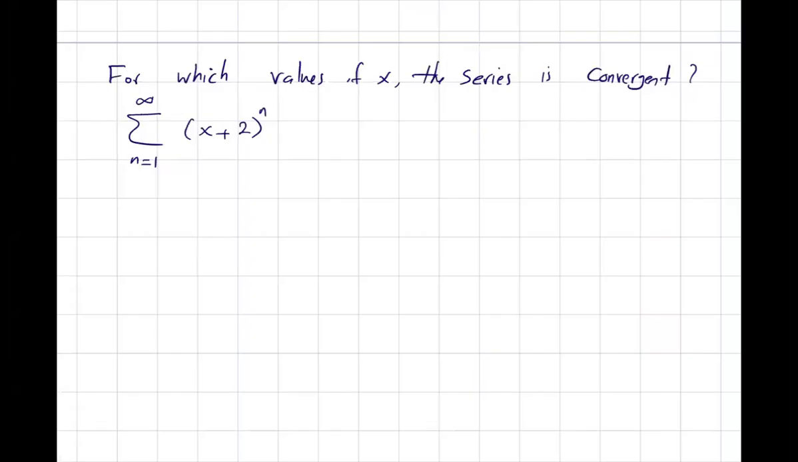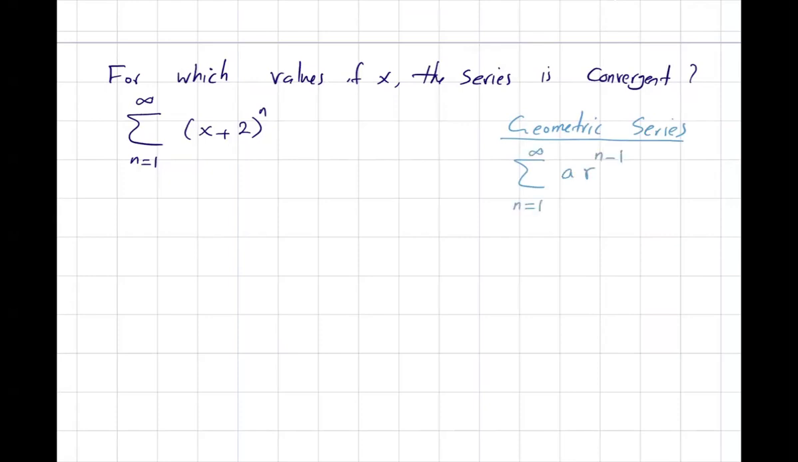For which values of x is the series convergent? You have the summation of (x + 2) to the power n. Remind yourselves of geometric series. For a geometric series, remember that the general form is a times r to the power n minus 1, and starts